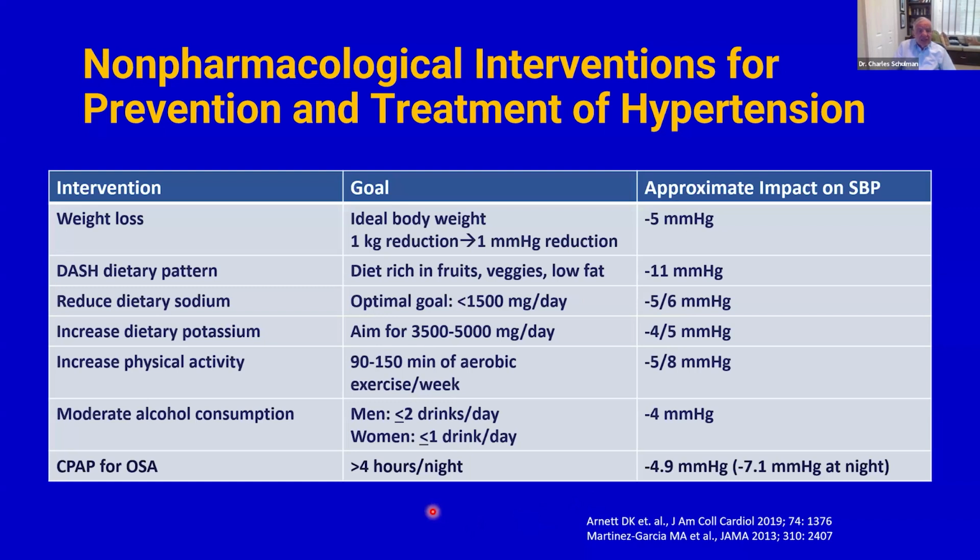Now, these are non-pharmacologic interventions for the prevention and treatment of hypertension, and some of the approximate impacts of those treatments on systolic blood pressure. So for every kilogram of weight reduction, you can anticipate a millimeter of mercury blood pressure reduction. The DASH diet, dietary pattern, which is a diet rich in fruits, veggies, and is low fat, a reduction in dietary sodium, an increase in dietary potassium,